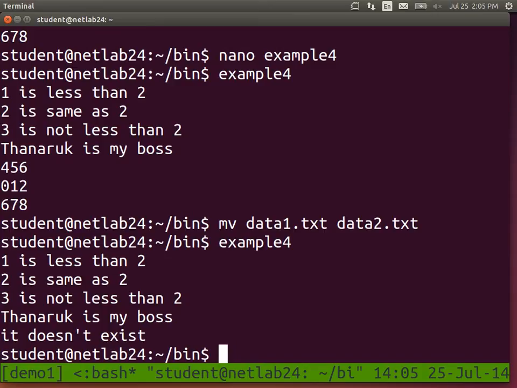The minus E in that conditional statement was a special operator to say if a file exists. There are many others. If it's a directory, if it's a file of a particular type. To find out all of those operators,